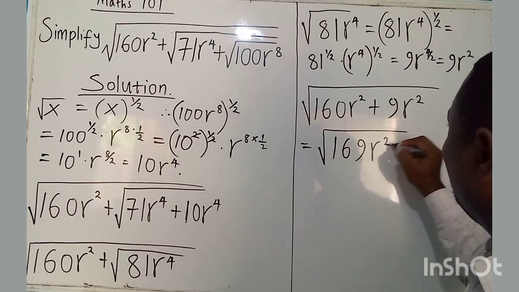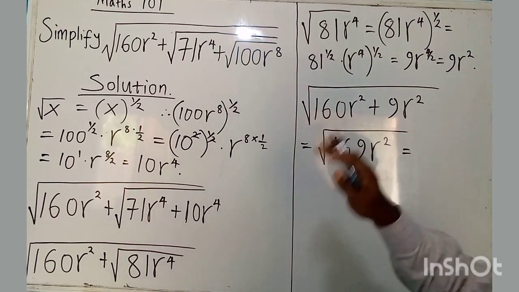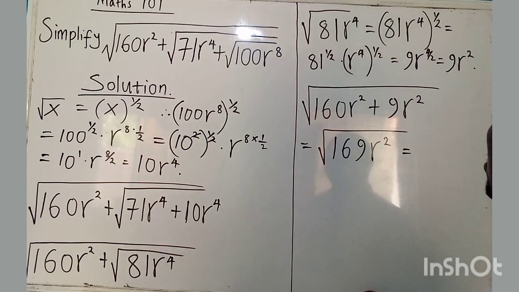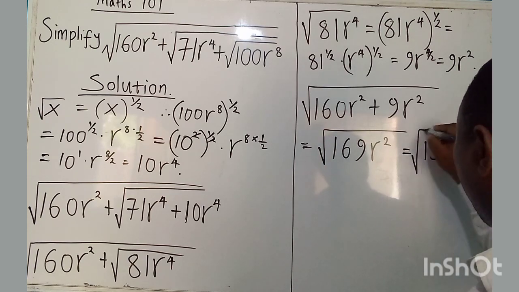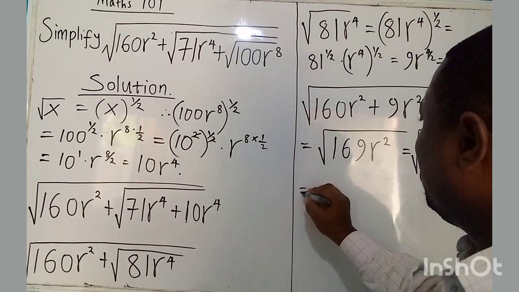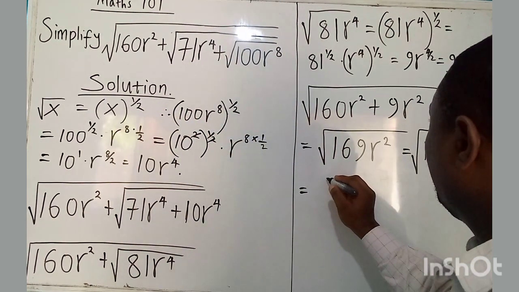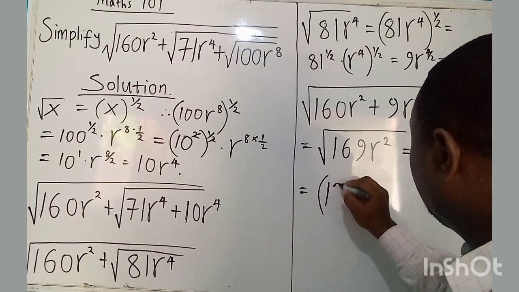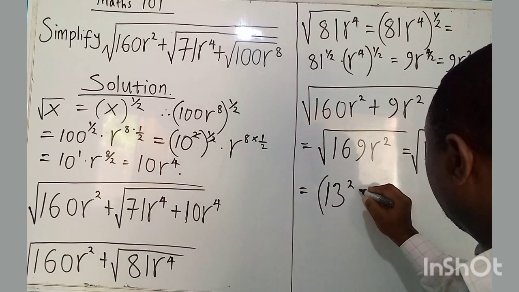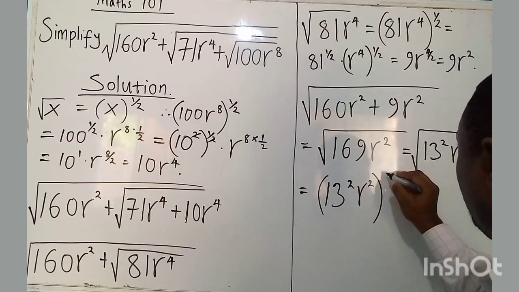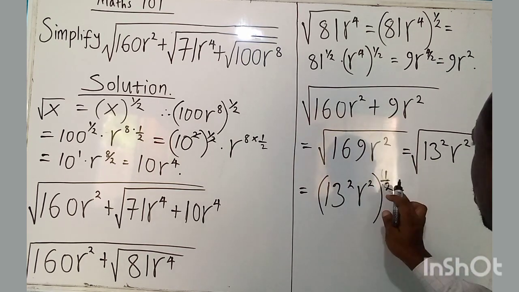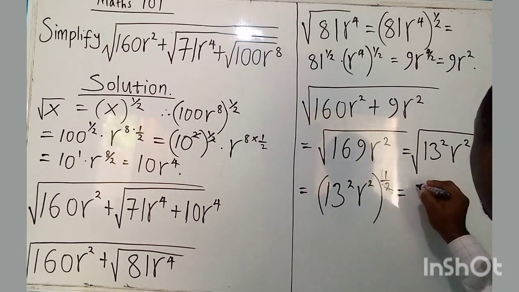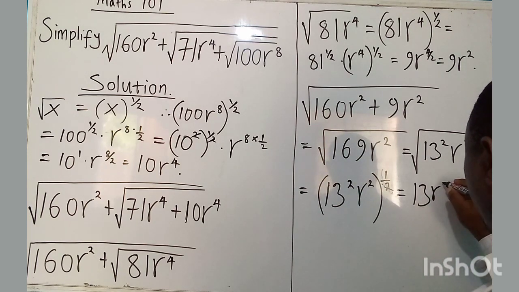169 x squared. Now, I know that my 169 is the same thing as 13 squared. Then I have x squared. Remember, square root. Then interpret again using the same principle. It means that I'll write what? 13 squared, x squared, all to the power of 1 over 2. So distribute half on all of them. So I have 13